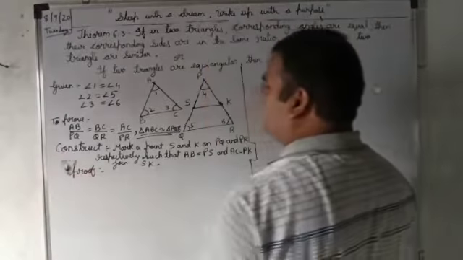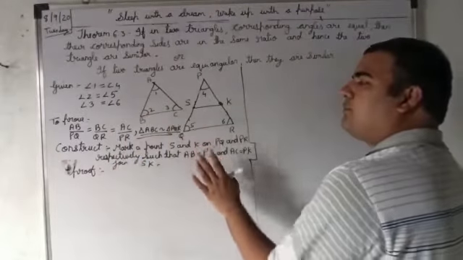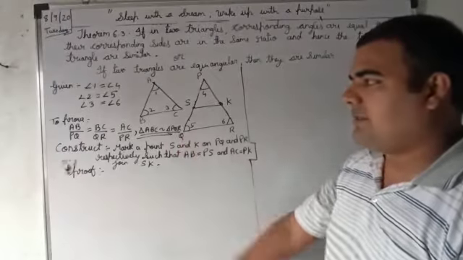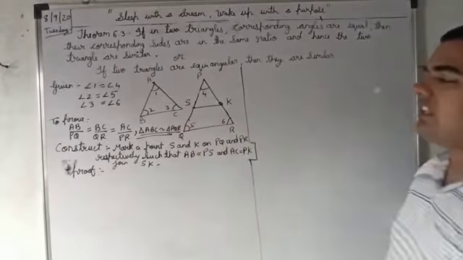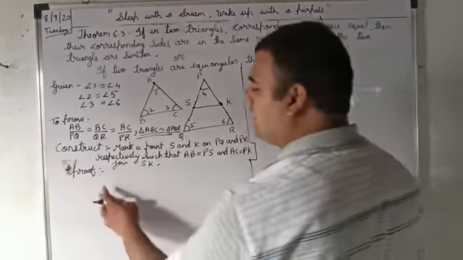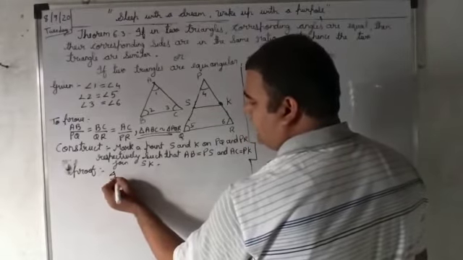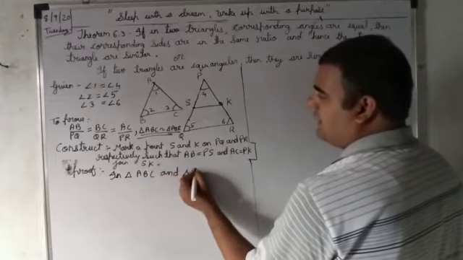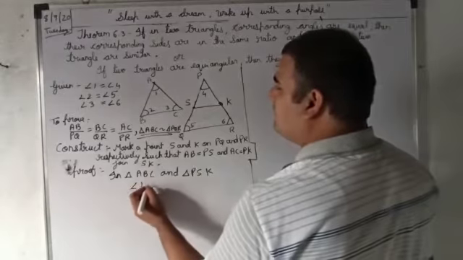See now how to write the proof. Our aim is to show that the corresponding sides are in proportion, AB upon PQ. This can only happen with Thales theorem. I will use the help of Thales theorem, that PS upon PQ. We have seen the Thales theorem, but by corollary. See now, in the proof, what you will do? In triangle ABC and triangle PSK, angle 1 equals angle 4, given.